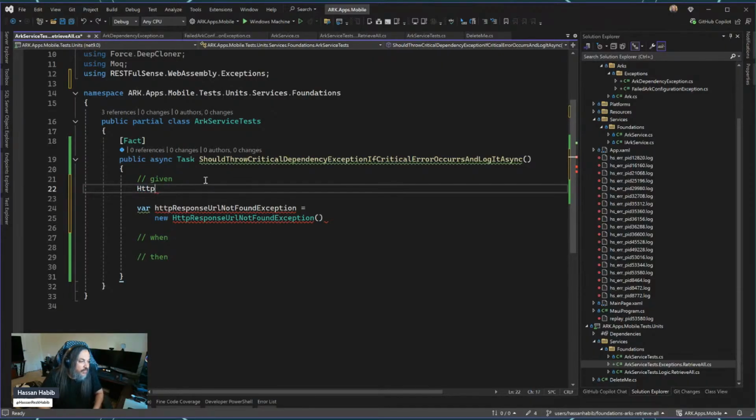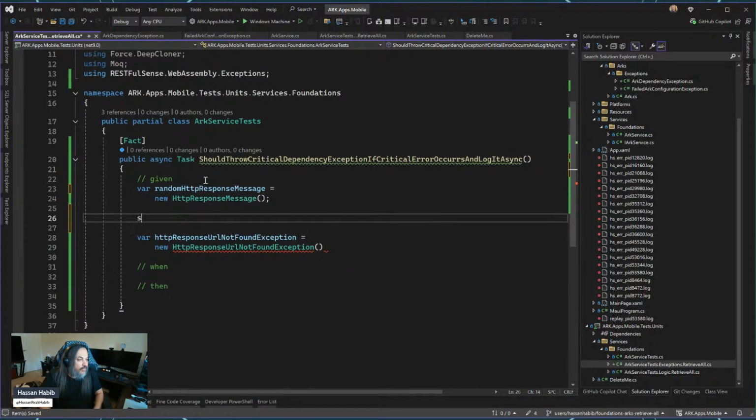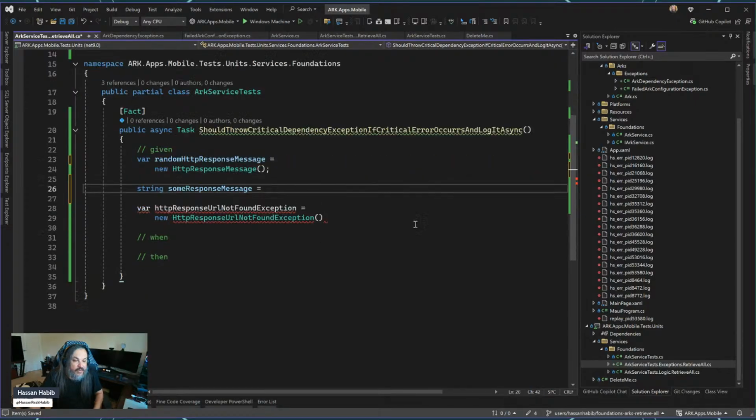That's right, random HTTP response message. Sure. Here's a var for you. And then also some message, right? Whatever the message may be for the actual HttpResponseUrlNotFound, I don't care particularly about that. So let's just say some response message,